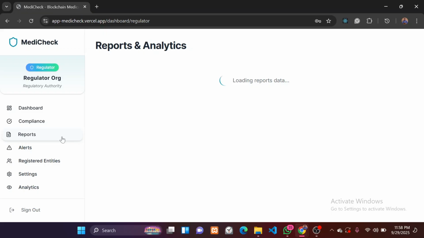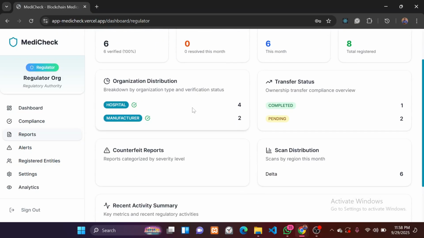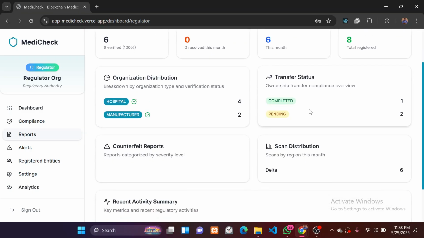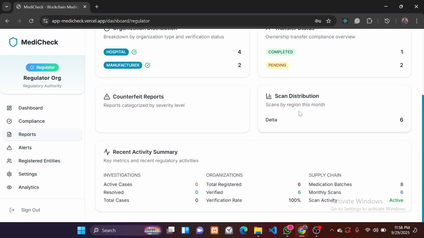Then we have the reports and analytics page where regulators can see the total number of organizations, active investigations, total scans, medication batches, organization distribution, that's the percentage or the ratio of different organizations that use the platform from hospitals, manufacturers, and so on. Then you can view the transfer status of transfers that have been initiated. They can see the number of completed and pending transfers, and counterfeit reports, scan distribution,